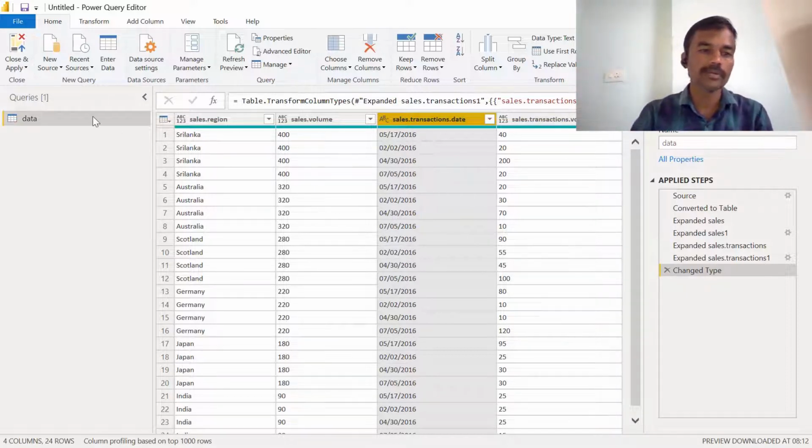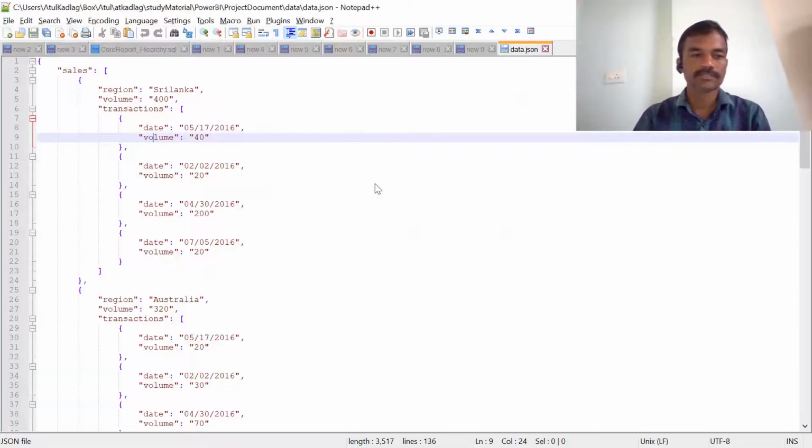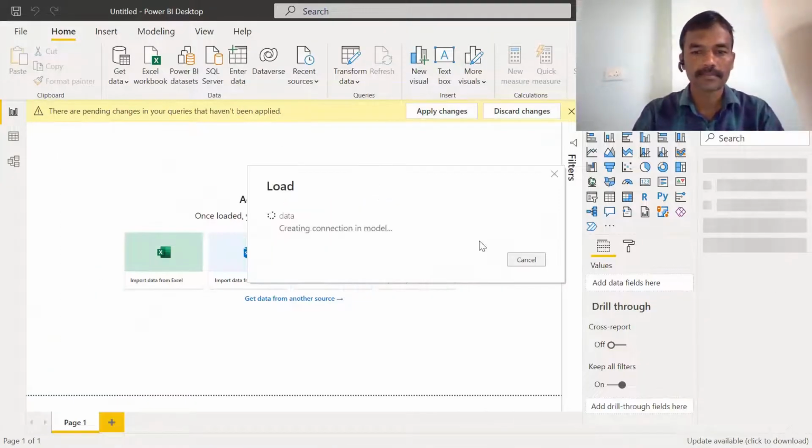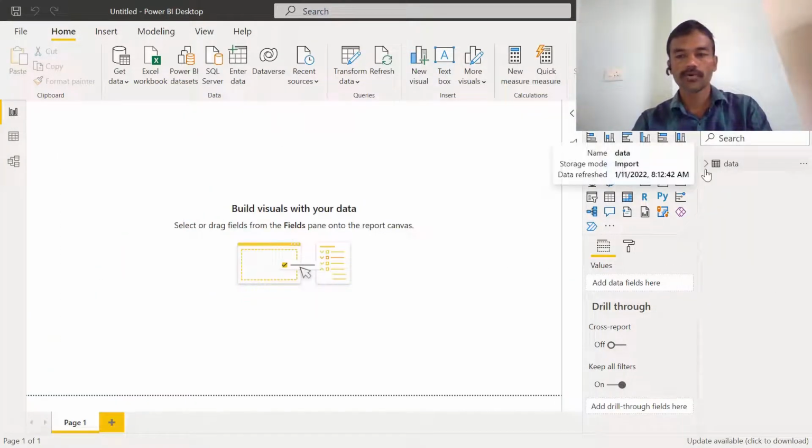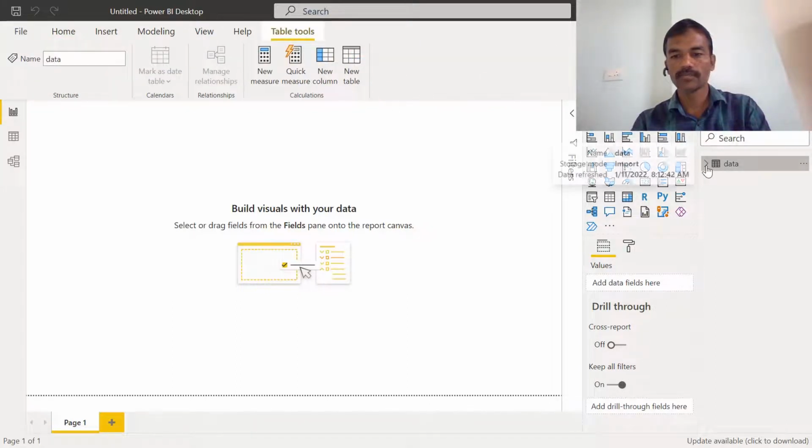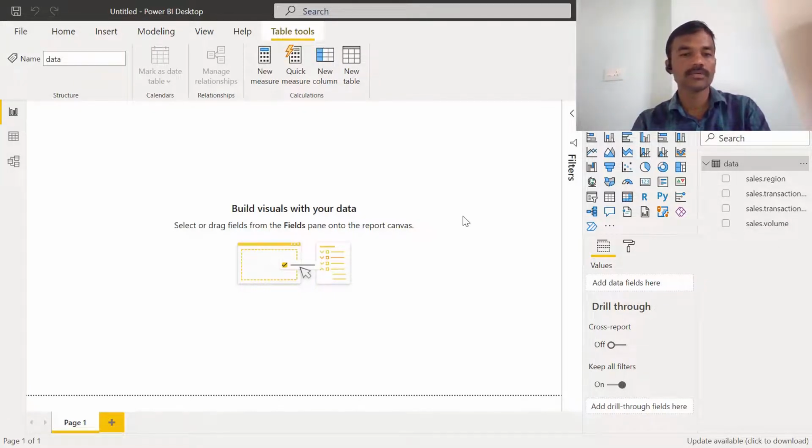Now we will try to create some visualizations. Let's just Close and Apply. Once we have applied the changes in the query editor, you can see various fields available here. If you expand it, we have sales region, transactions, volume, and values. Now we can try to create one of the visuals.